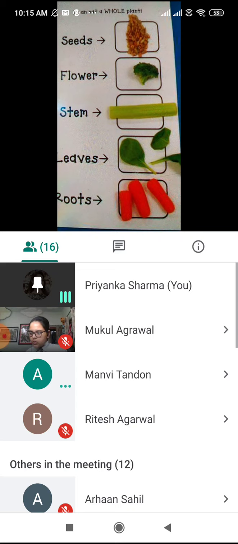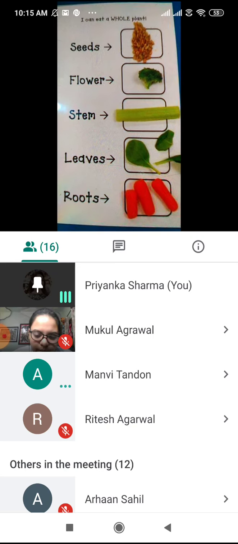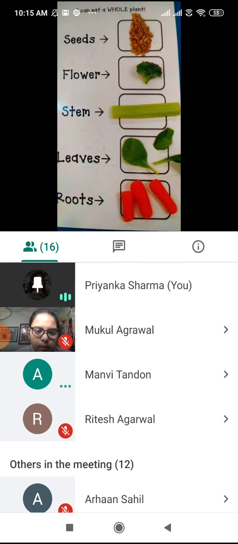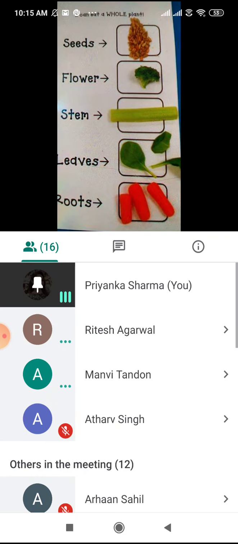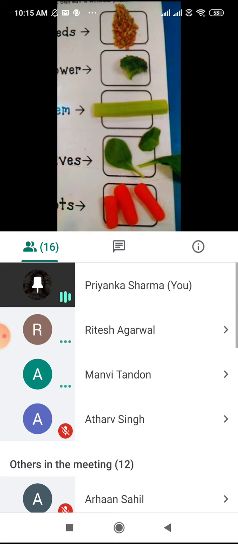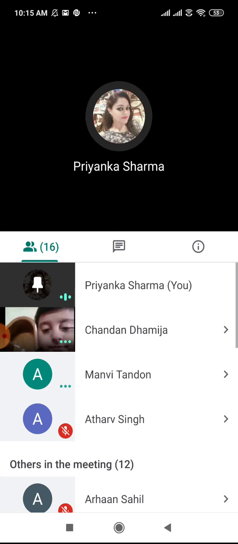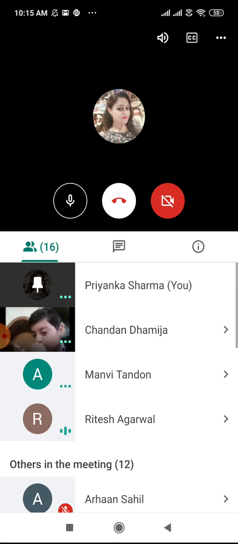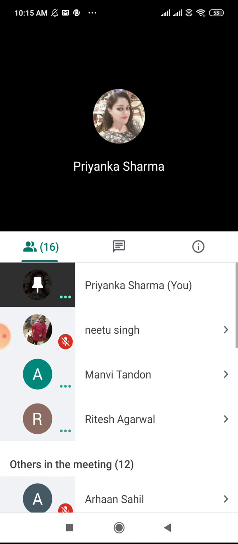This image and the previous image, both images I am going to send to you. The previous image is only to read, and this image is your activity. All right. As you have done the leaves activity, similarly you are going to do this activity also. Clear to everybody now? Okay. EVS activity is clear? Okay. So just now I'm going to give you the PDF or both the images. You go through it and then complete the activity, EVS activity.